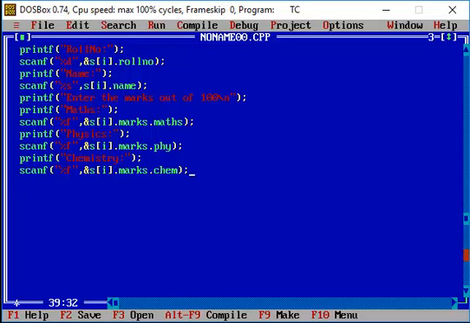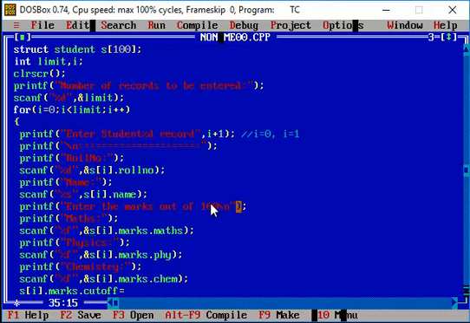Once the marks have been retrieved, now I have to assign the cutoff mark for that particular candidate. Remember, your cutoff mark is the structure variable at the index value. The index value lies with i equal to 0, so we are processing the first record. So marks dot cutoff. This is actually a formula we have generated. Here I'm going to make use of the structure members, that is maths, physics and chemistry, that were retrieved from the user during runtime.